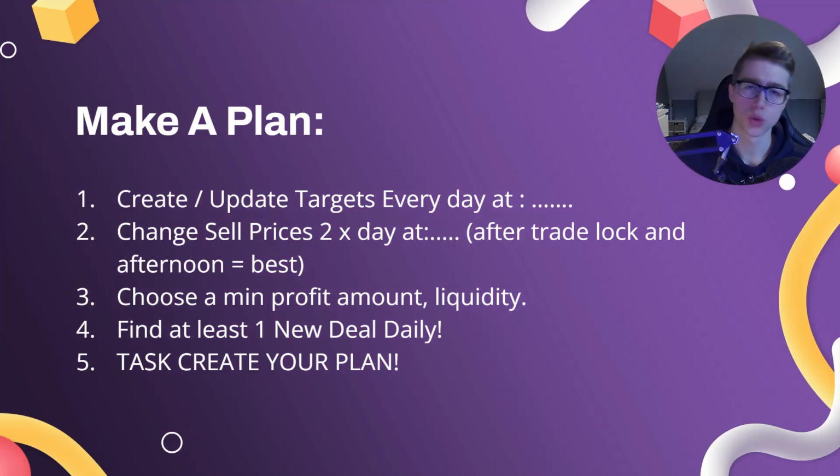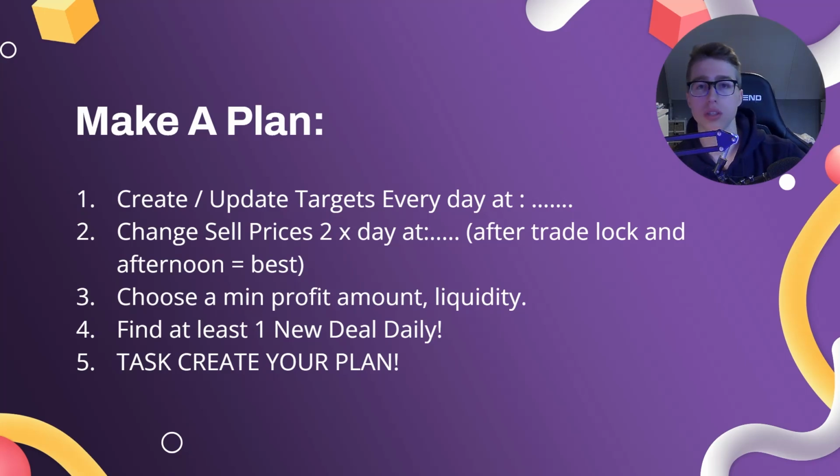Okay, now I want you to create an actual plan that you're gonna follow. So you're gonna write number 1. Create and update targets every day. At which time are you gonna update it, and for how long? I can tell you, with updating and creating these targets, it only takes maybe 30 minutes in the morning. I always do it in the morning or after I get home from school. Change the sell prices 2 times a day. At what time? I recommend after the trade lock, and the afternoon is the best. You can do it more often if you have more time, but 2 times would be the minimum that I